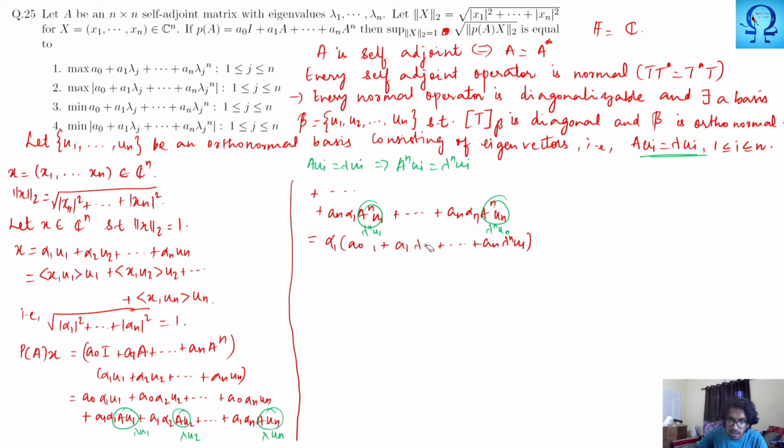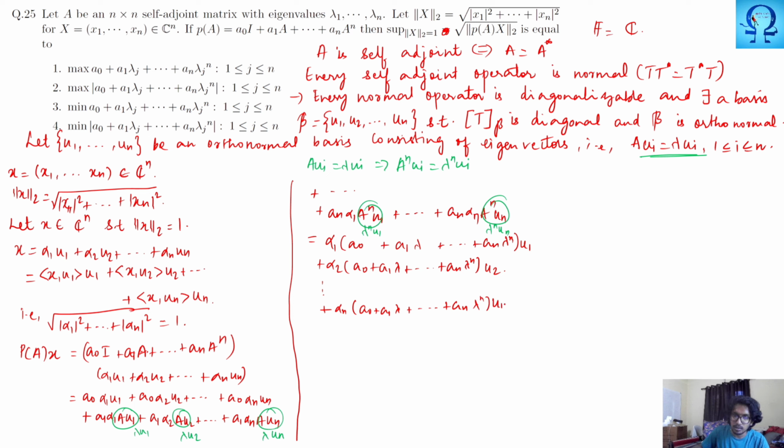From this I can very well take this u1 outside. In a similar way, I will have alpha 2 a naught a1 lambda, etc., till an lambda power n u2. In this fashion, I will get till alpha n a naught a1 lambda, etc., till an